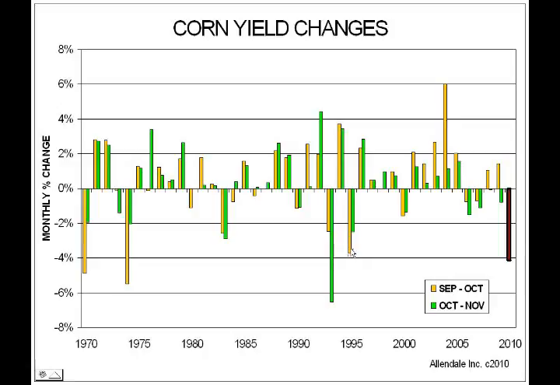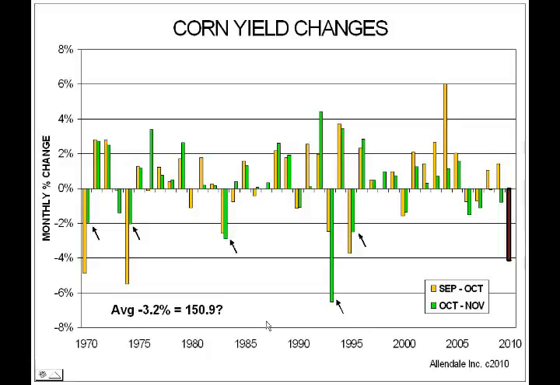Also, one thing I did point out here: I want to put on, well, what happens when we drop in these orange bars? What happens the very next month? In terms of all these months where we have a 2% decline or more, the orange bars right here during the October month, what happens in November? Well, they drop again.